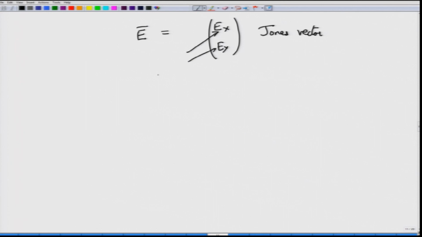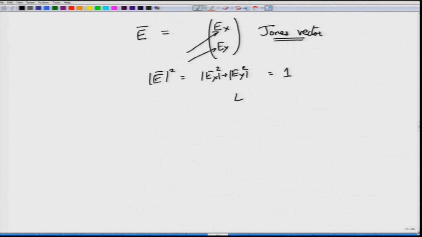Okay. We also have considered a situation where the magnitude of E squared, which is given by the magnitude of E x squared plus E y squared, would be equal to 1. This is just to normalize the intensity or normalize the power in the electric field. We will talk about power sometime later, but this Jones vector is a very popular method for us to denote polarization. Okay. So, if you are not really happy with this one, you can write this in a slightly different way.